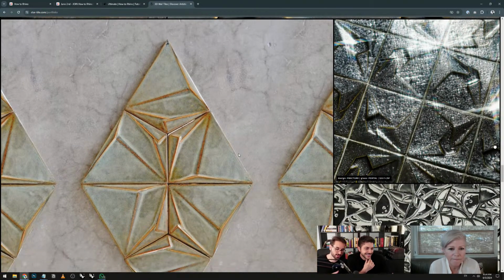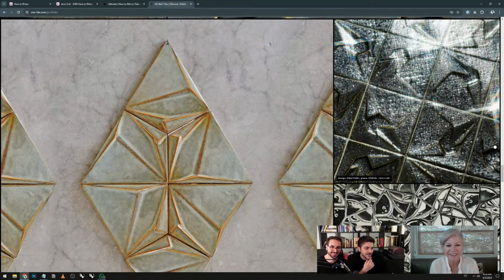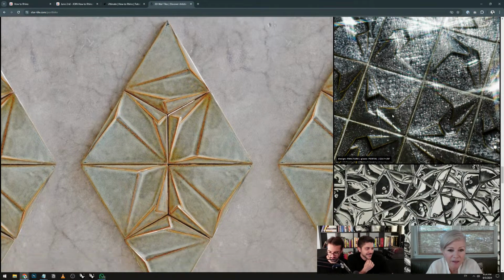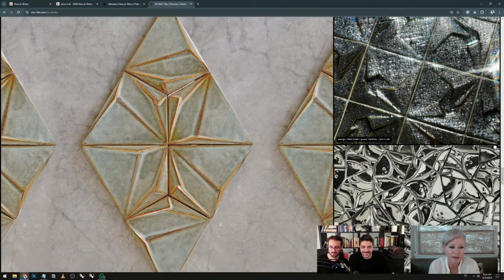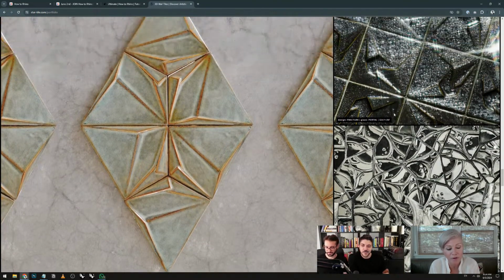I haven't checked your website before. It's really cool. And oh, what's this one, the glitter one? That's actually a glaze that we have that's fully metallic, and these tiles will last for 4,000 years. Whoa. It's an inorganic material. I mean, everything will be gone and the tiles will still be there. They're thick enough that you can actually take them with you when you move. You can pull them out if you're remodeling.